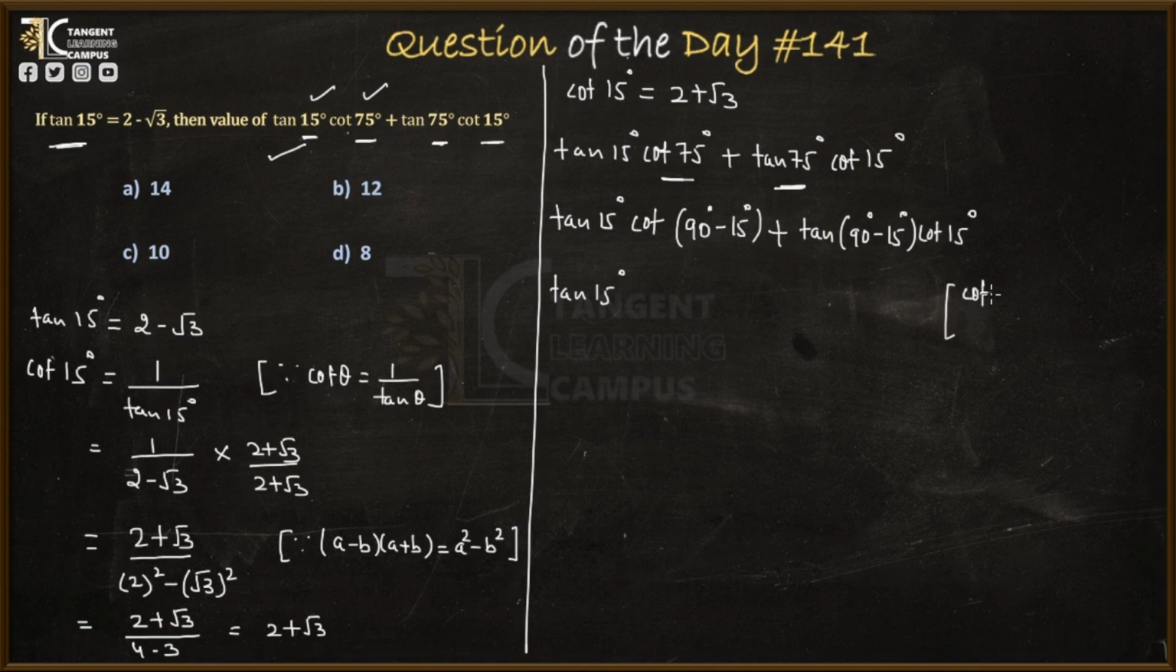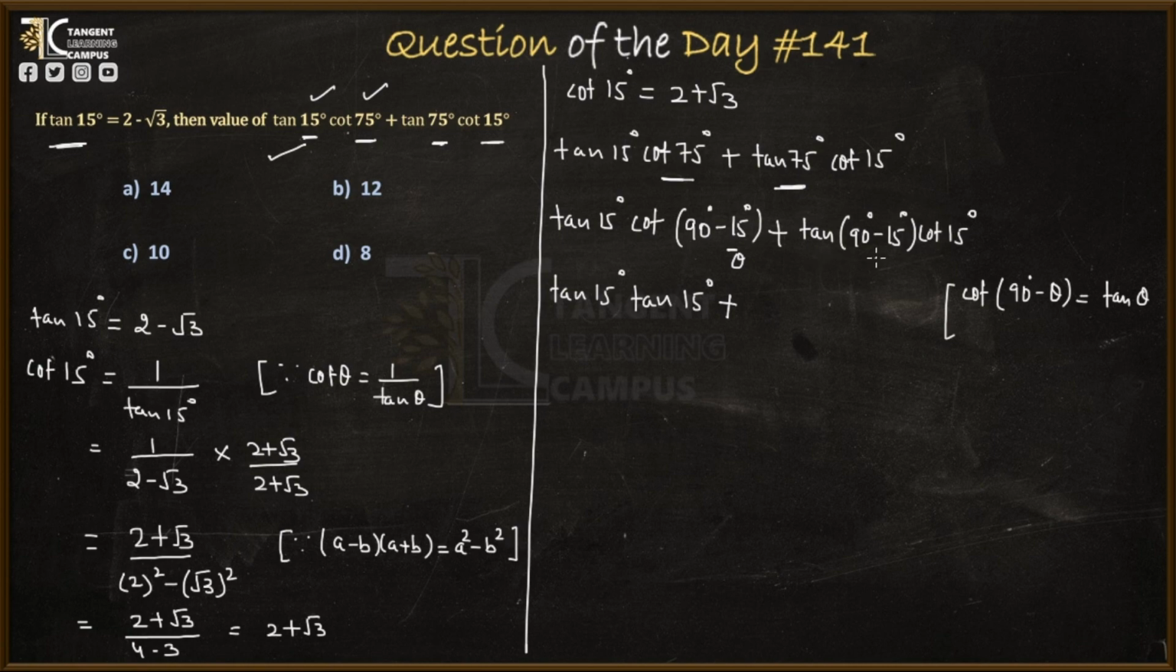cot(90° − θ) is tan θ, right? So in place of cot(90° − θ), where θ here is 15°, we can write tan θ, so that is basically tan 15°, plus in the second part